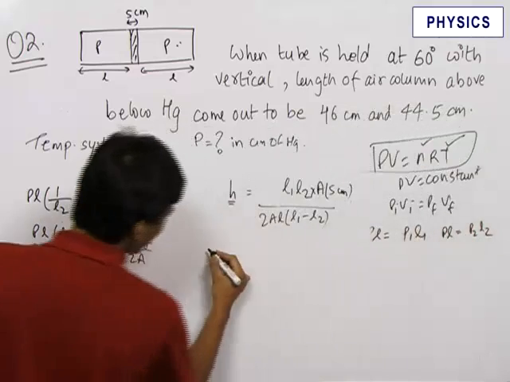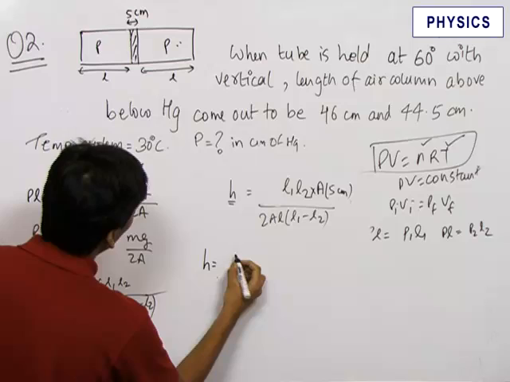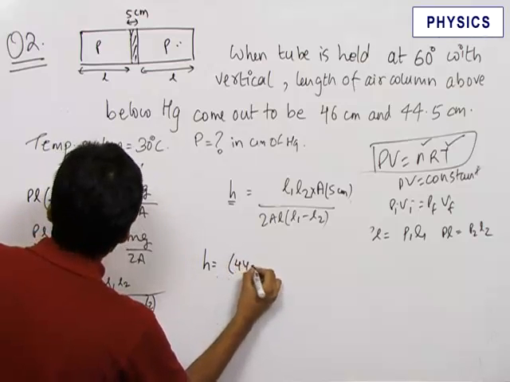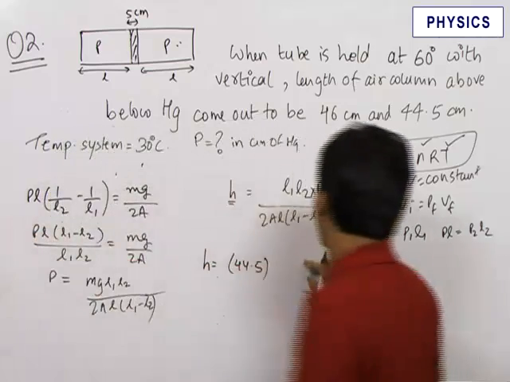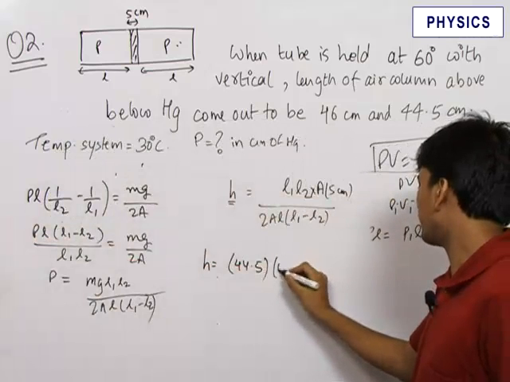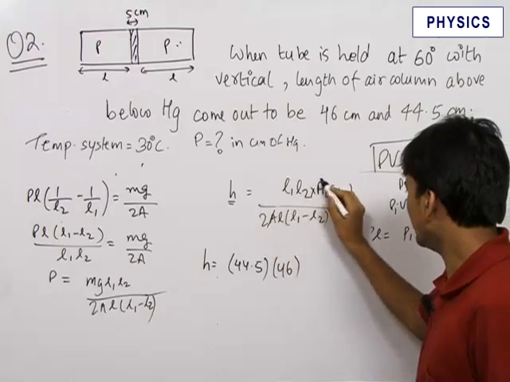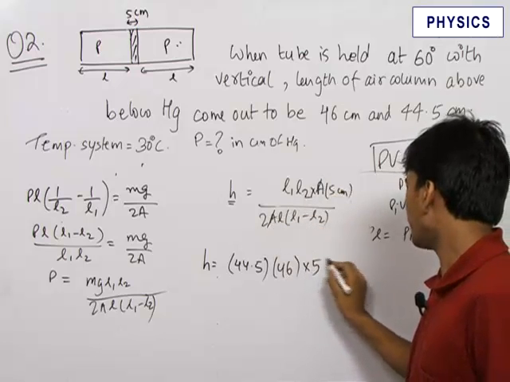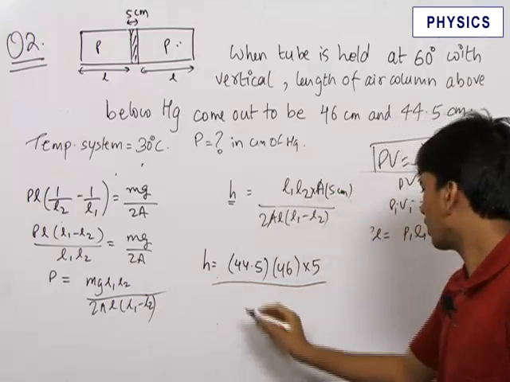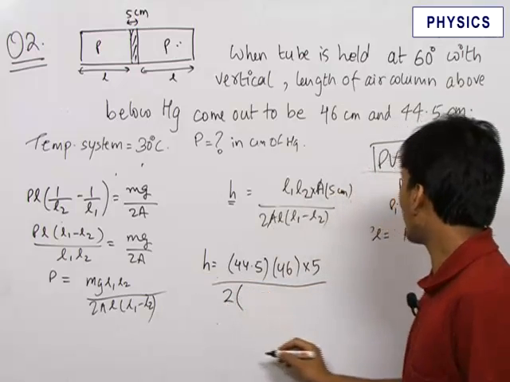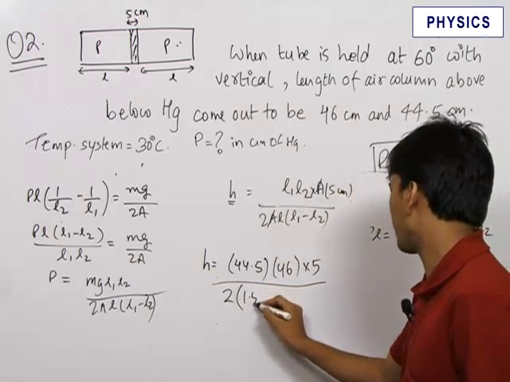So our answer for H is equal to L1 is given to be 44.5. We feed in the values of L1 and L2 over here to get 44.5 into 46 into A gets cancelled into 5 upon 2 into L1 minus L2, that is 1.5,